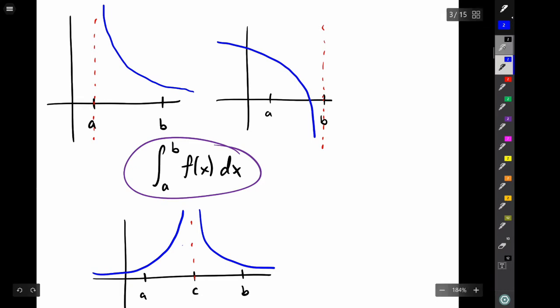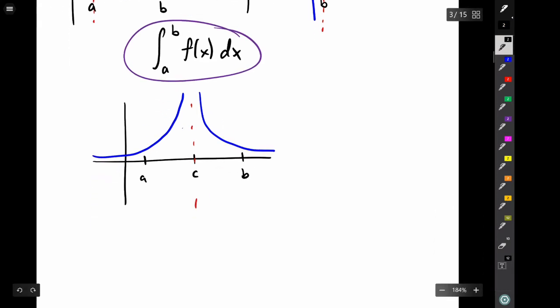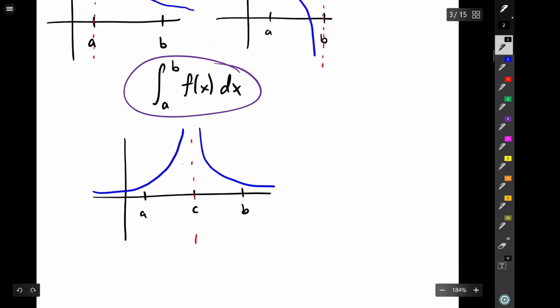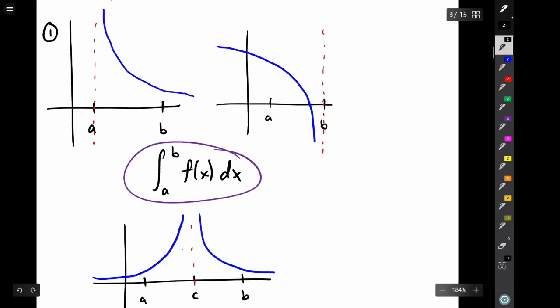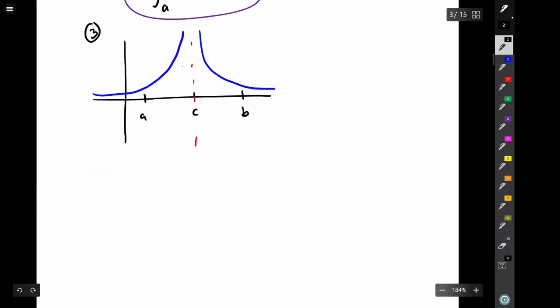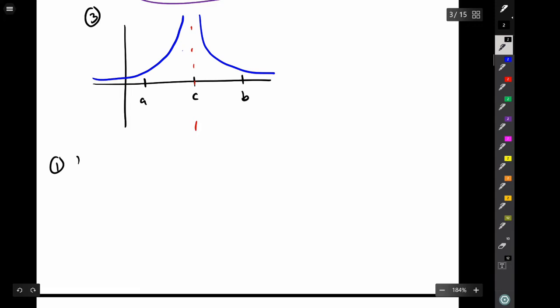How do we deal with these? In each case here, let's call this one case 1, this one case 2, and this one case 3. In case 1, to compute this integral,